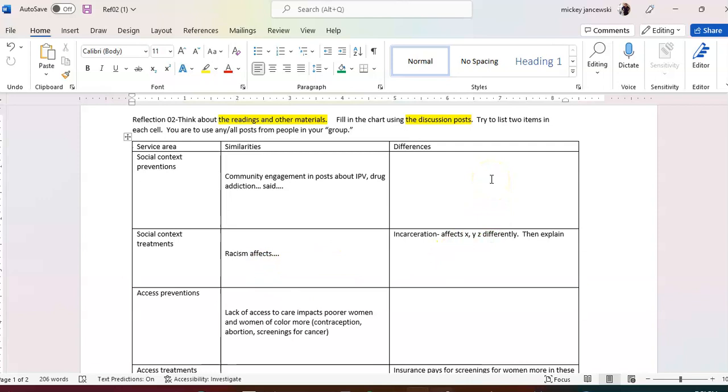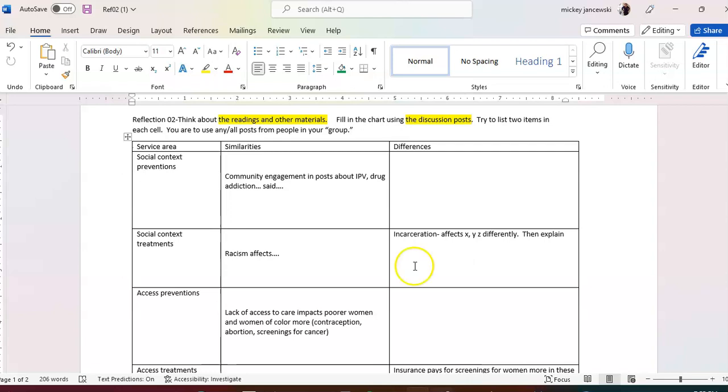Then for differences, I want you to look back at the material and the discussion posts and see if there's any differences that stand out. So for example, perhaps incarceration, there's some differences. Maybe women with specific conditions get much better treatment than women with other conditions. And so you would identify what those differences are and explain briefly using the material from lessons 1 and 2